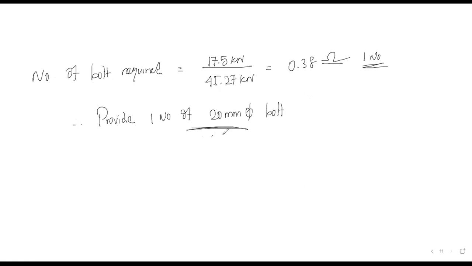Here you can have one doubt too: why are we not going for bearing, the design strength of bearing of the bolt? Bearing we do not need, since we are assuming that the bearing strength is more than the shear, since only the shear force is going to act in the lacing system. That is why we only check whether the lacing bars are sufficient to transfer the shear force or not. Thank you all.